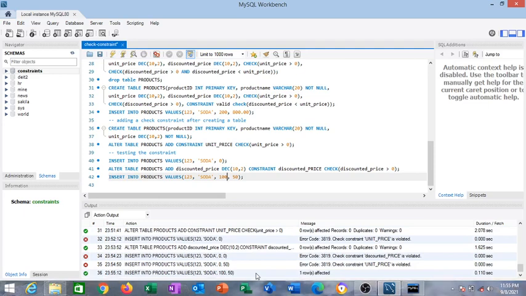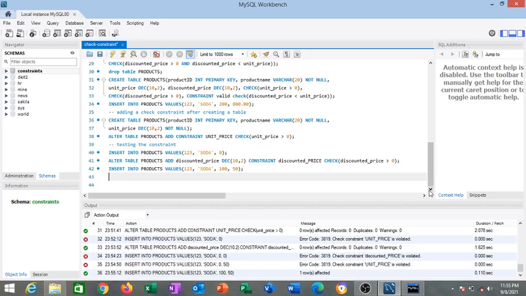We could also add just a constraint to anything. It does not have to necessarily be a name, rather a table or a column. We can just look at our data and we say compare it. If you are going to compare it, then create a constraint. We can say alter table products, add